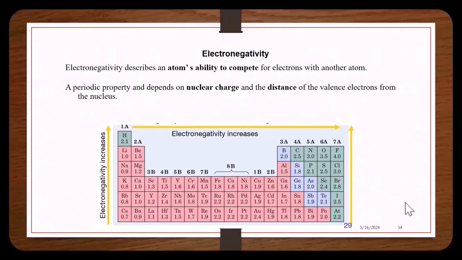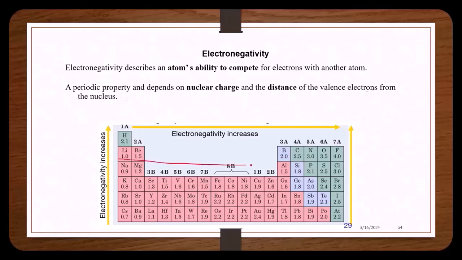Now let's take a look at the periodic table and the trends that the periodic table has with electronegativity. We can see as we go up the column, the electronegativity increases, and as we go from left to right, the electronegativity increases. So when we go left to right, the number of protons and electrons increase. So we know from Coulomb's law that when the magnitude of the point charges increases, the attraction or repulsion will